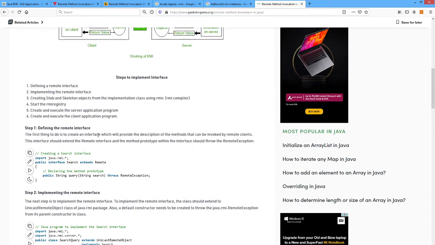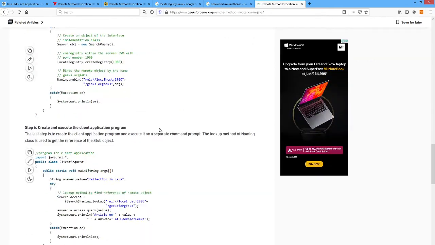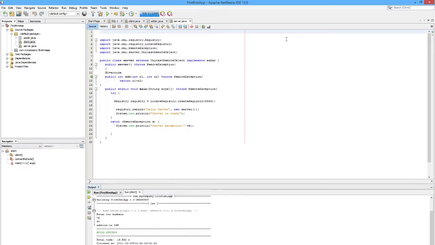How to implement that interface? Here you have to create such an interface. Suppose you can implement the interface in the server or in a separate class. I already implemented one program here using NetBeans.